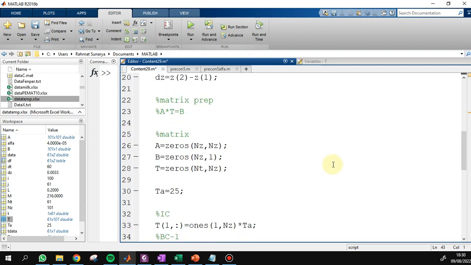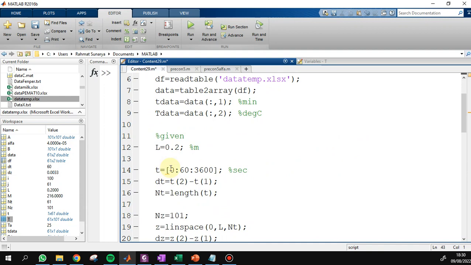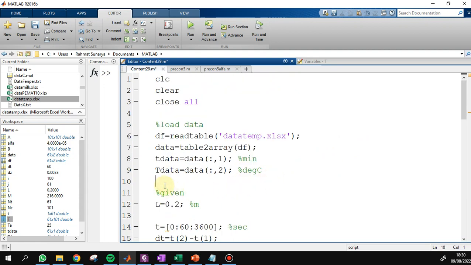We use a new function to find the least square residual as a function of the parameter, with T-data.